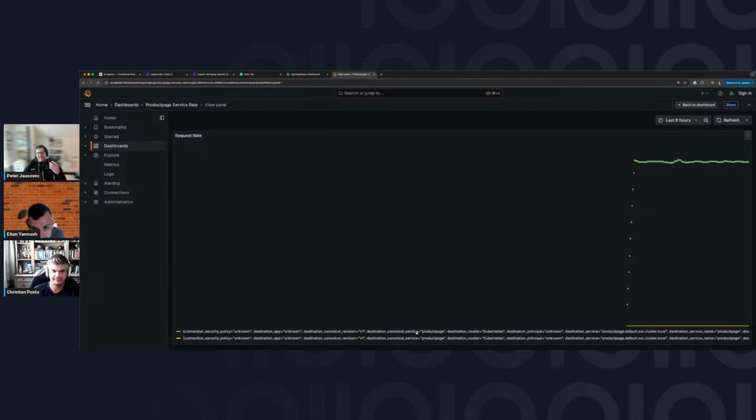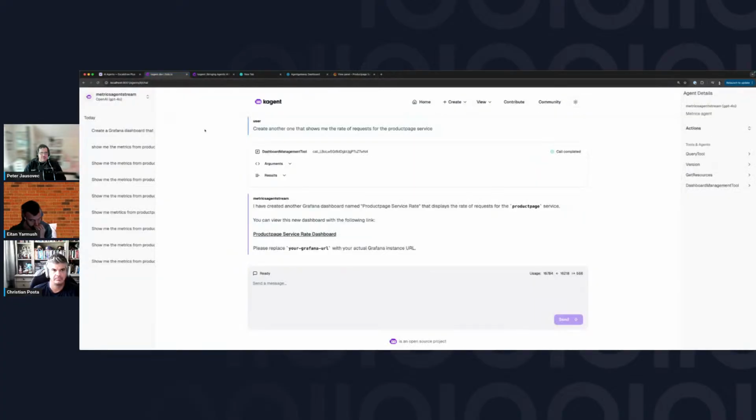But this is the thing. If we could figure this out and fix it, we would go into instructions and say, only use these labels, or use these specific ones. And this is kind of what I was trying to show here: you have to get a feel for how the LLM works and how the agent instructions play into this,